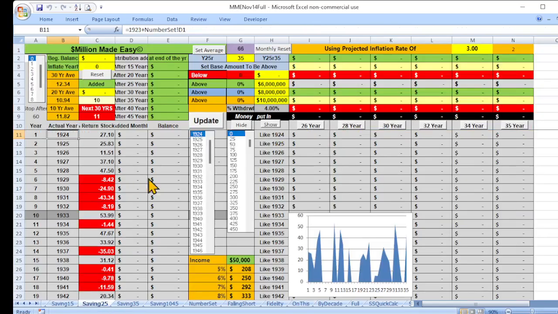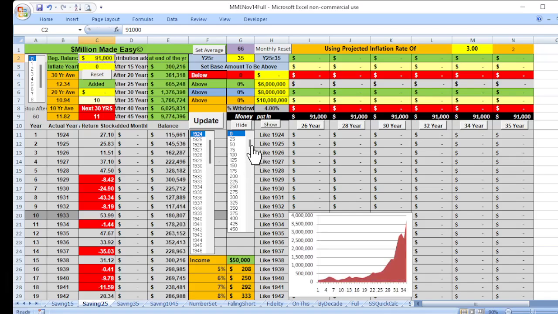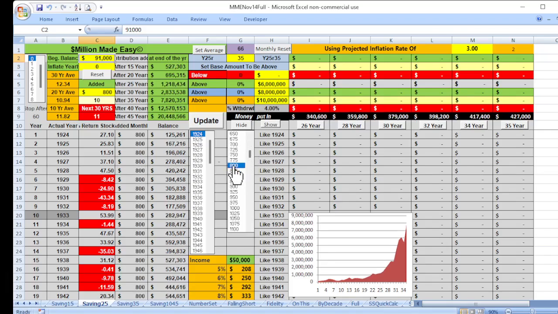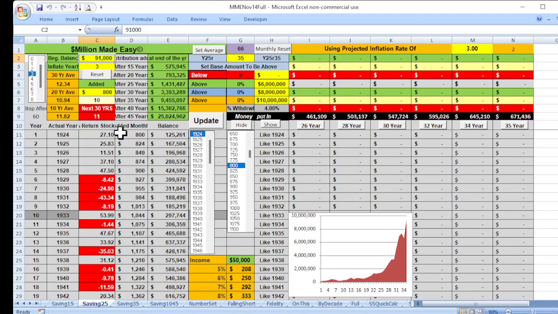He gave me his beginning balance, which he said he's 32 years old. He has 91,000 saved up already. Says he can save $800 a month. Again, we use the returns for the S&P 500. He says he can increase that by 3% a year, so $800 a month the first year, $824 the second,